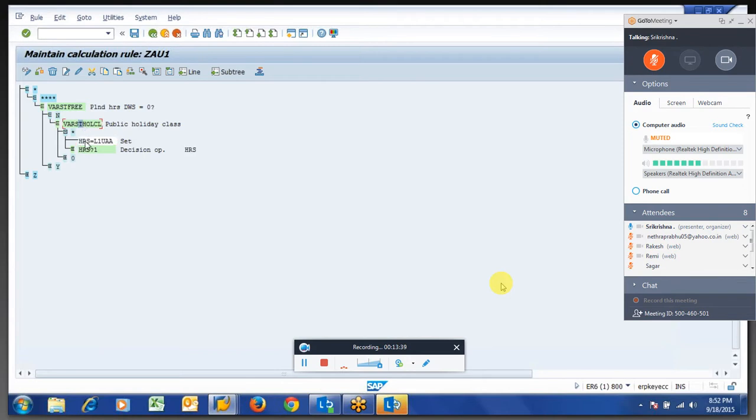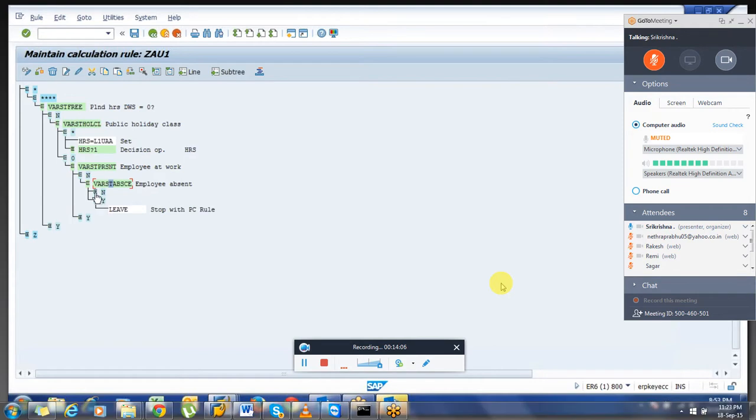See, on the holiday, if the employee came to work, yeah, correct. That's what I said yesterday. Instead of extending the PCR, I am closing here. You can build the same logic we mentioned here. Then you can put the same logic: present, yes or no; absent, yes or no. If he is absent on the day, you can leave. If there is no absence again, then you can generate that.